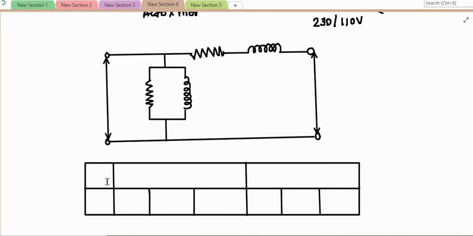So after adjusting the voltage across primary to its rated value, the readings of various instruments that we have to record as shown in the observation table. So this is your serial number. Here I will write down the primary side reading, and on this side I will write down this as a secondary side reading.